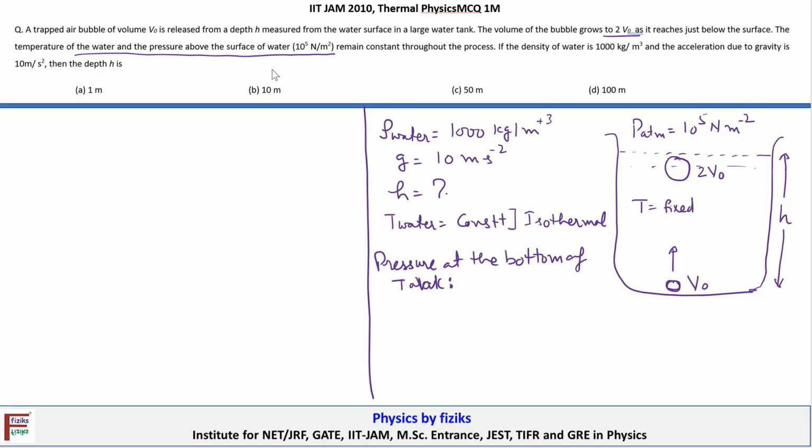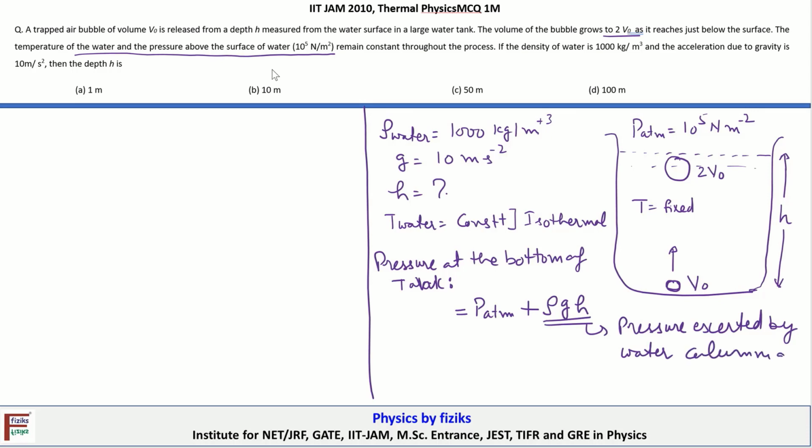Okay, so that means the pressure at the bottom of the tank is equal to the atmospheric pressure, which we are calling P atmospheric, plus the pressure exerted by the water column whose height is h, and that is given by, so this expression we have learned in elementary classes, rho g h. Okay, here this is basically the pressure exerted by the water column of height